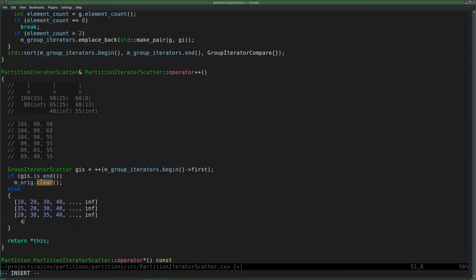Okay, so this ends with standard rotate. And then we get, well, let's call it